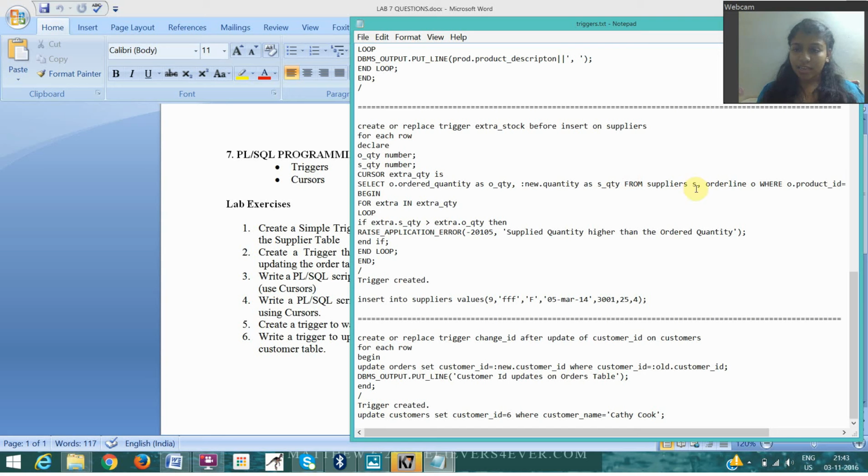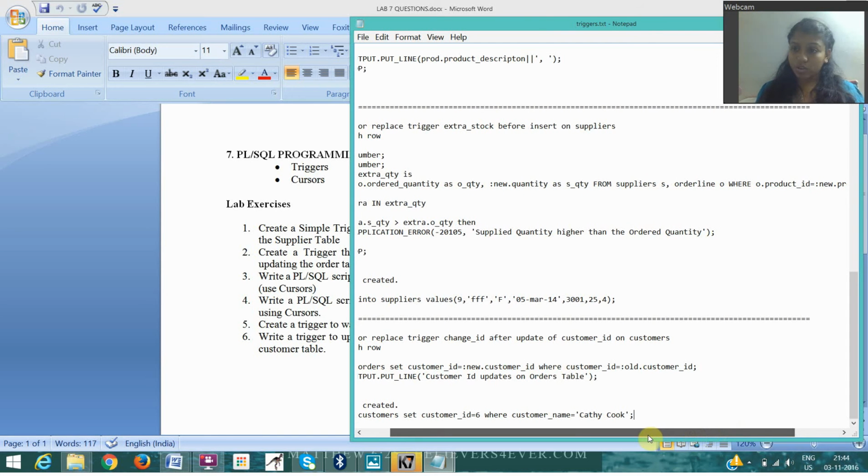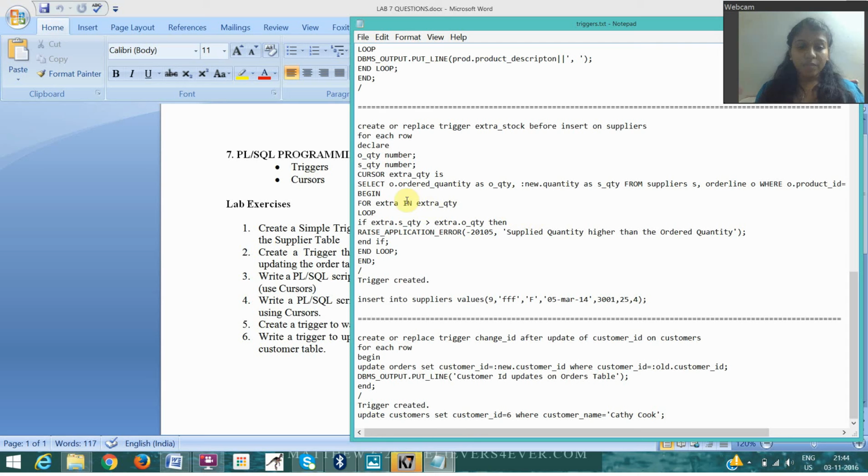This is the alias name, and order line, O is the alias name, where the O dot product ID, which is the ID already present, will be equal to new dot product ID. And inside, begin the execution part. Inside a for loop, I'm going to check if extra dot s quantity is greater than extra dot o quantity,